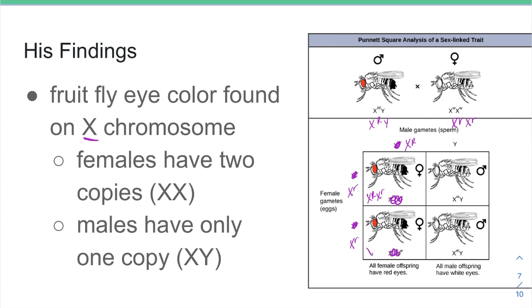And the same thing is true here, right? We have X^R X^r. Because we have the 1 capital, that again is going to be a female with red eyes. Then when we look at these, this X, remember, has the little r, and Y. And because there's only a little r there, that's going to be a male showing the recessive trait of white eyes. And then again here we have X^r Y, and again we would have a male with white eyes. And so you can see in this cross, even though we crossed a red-eyed male with a white-eyed female, we end up with females that have all red eyes and males that have all white eyes.